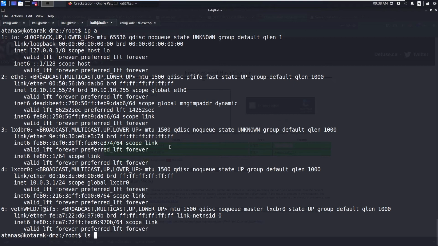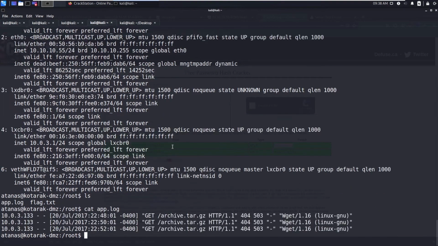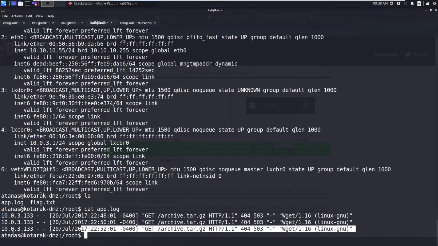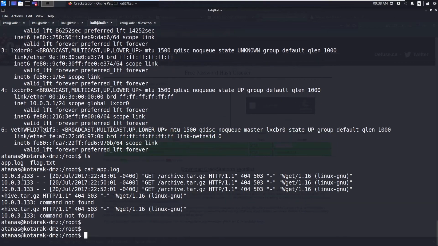Okay, I spent a lot of time there. And cat app.log, and you can see there are some request logs. Sorry, the request is coming from 10.0.3.133, and for every 2 minutes, it gets archive.tar.gz, and you can see wget 1.16.